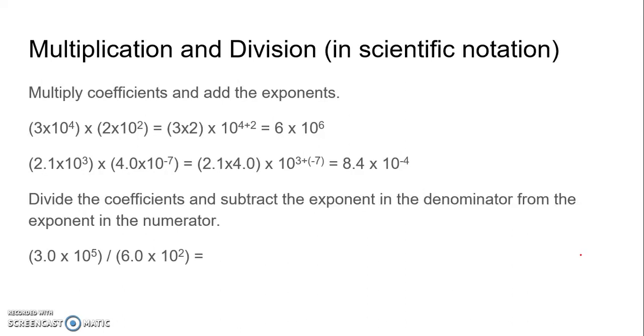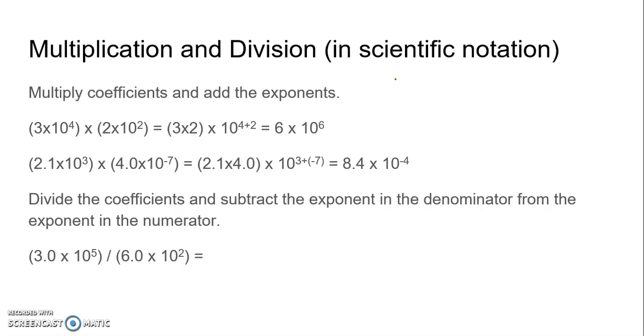Alright, let's continue. Multiplication and division in scientific notation is quite simple. You just have to multiply or divide the coefficients and then add or subtract the exponents. Recall the formula that I just gave you